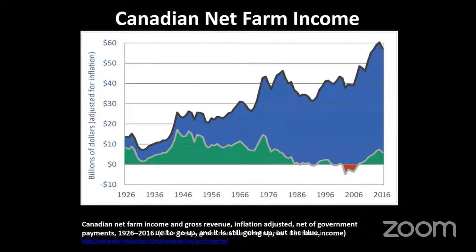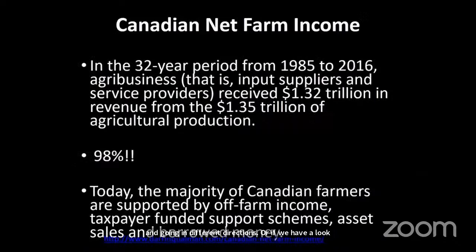And in fact, in 2006, which I figure was probably the same thing here, it's in the red because of the low corn prices in that year. So what is going on? Why are these two lines separating and going in different directions? Well, if we have a look in a little more detail at this data, and I have a link to this paper if anyone would like it, it's very, very insightful.